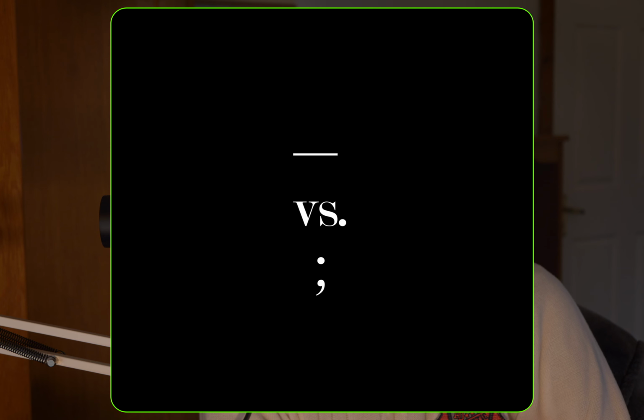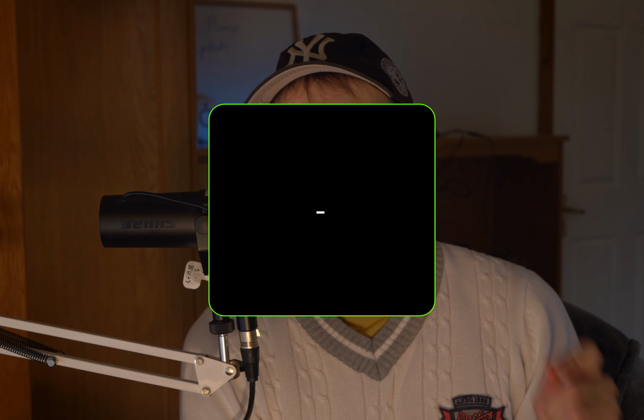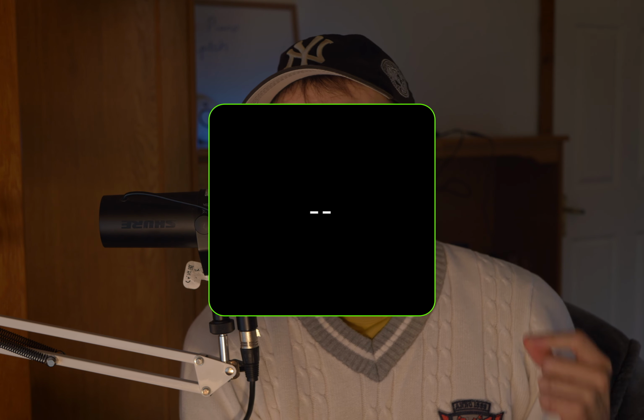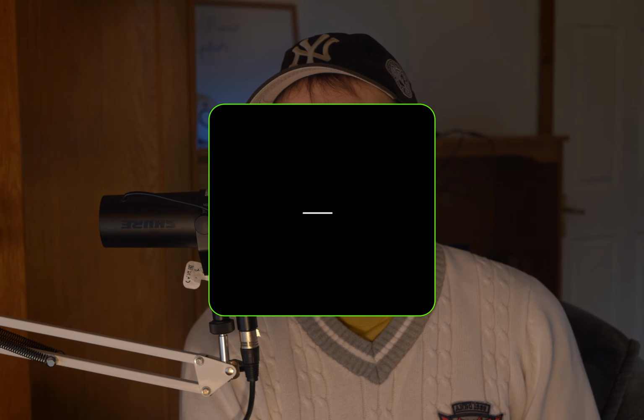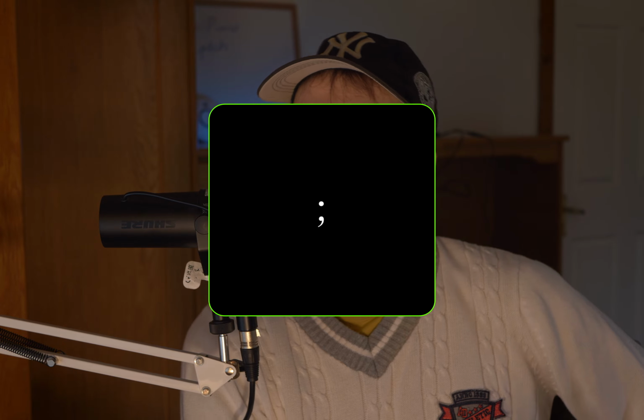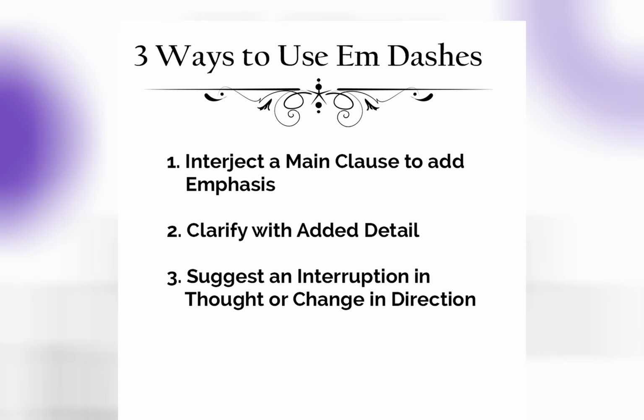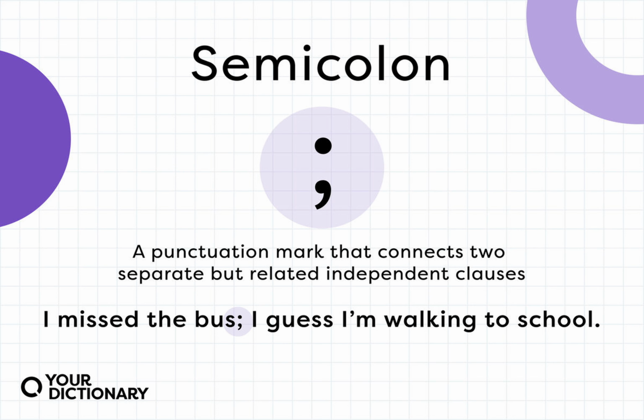Next, the em dash versus the semicolon. When should I use which? If you don't know what an em dash is, I don't blame you. It isn't found on most keyboards and it's not recognized by many applications. So this is what it looks like. The way I personally type it is by typing dash twice, which then automatically forms an em dash in Scrivener. Typing a semicolon is easier, it's found on every keyboard. But let's show you what they mean and how to use them with examples. And by the way, sometimes you could use either of them with slightly different meanings.